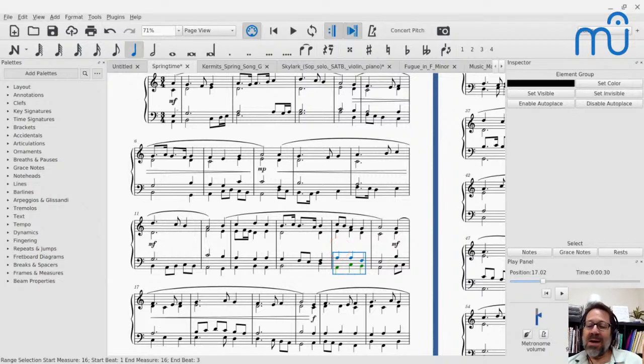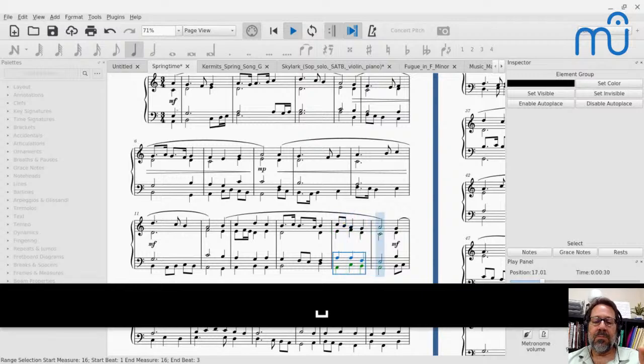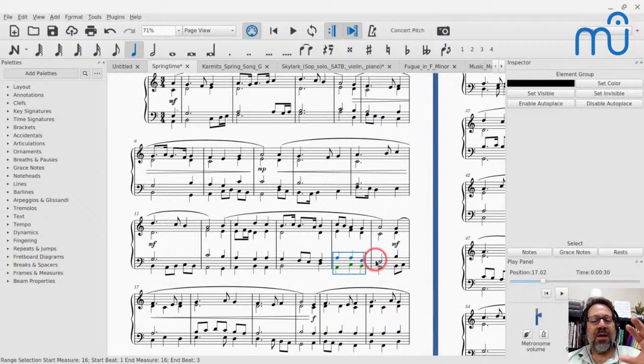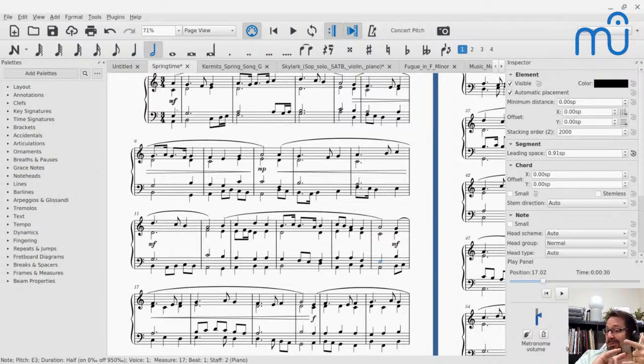Potentially an issue, but I think I'm going to like this actually better. So voice leading wise, now no one is leaping. I still have the same motions, but now the F to the E is in the same voice. On the piano, you can't tell which voice is which because it sounds like the same F going to the